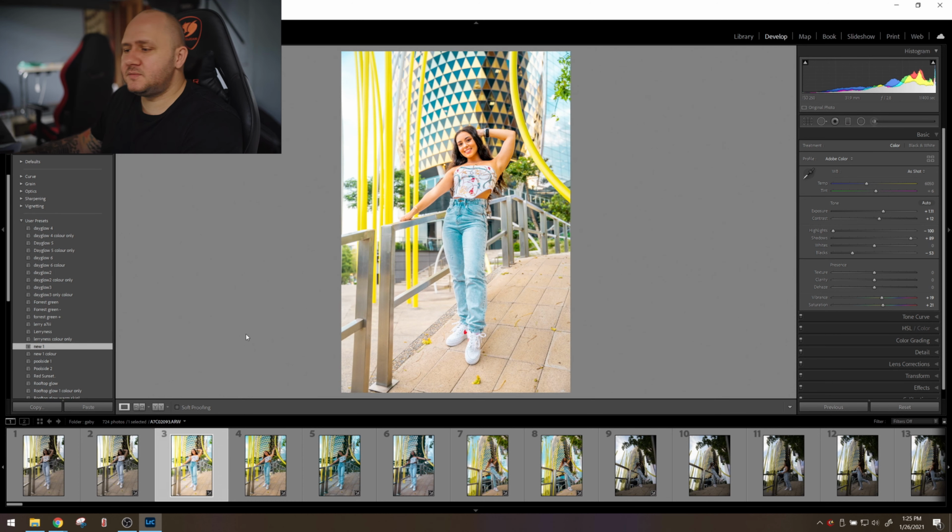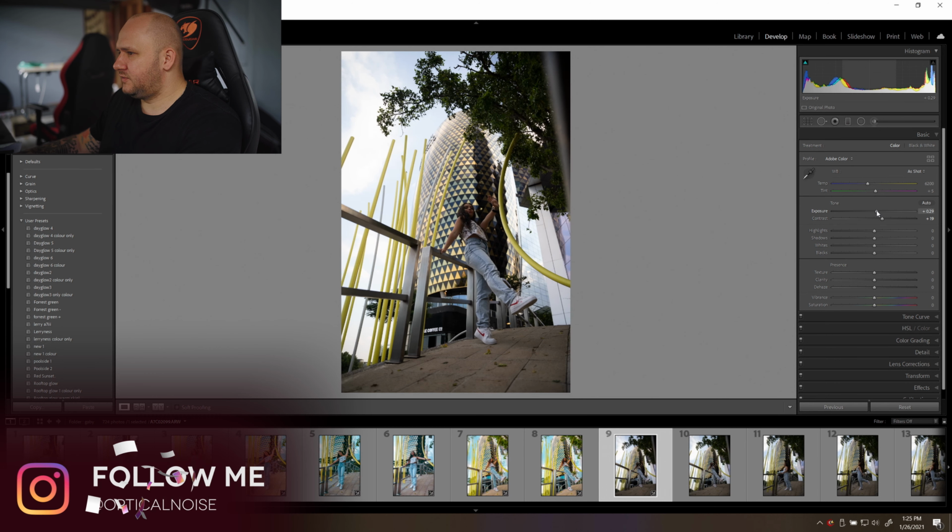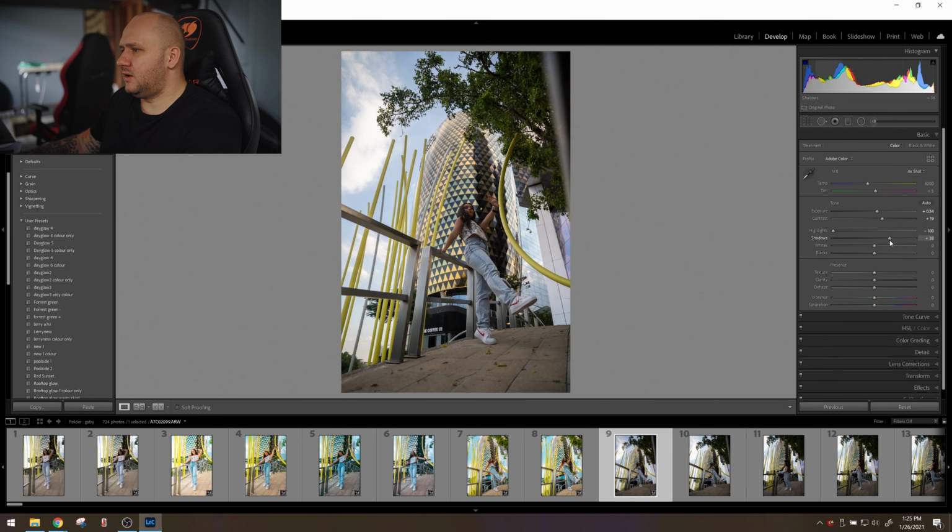All right, so now getting into making your own preset. Let's do it on this image. So first thing I do is I color grade like normal. So I go add some contrast, lift the brightness. I like to drop down the highlights to get the sky to come back. I up the shadows, down,